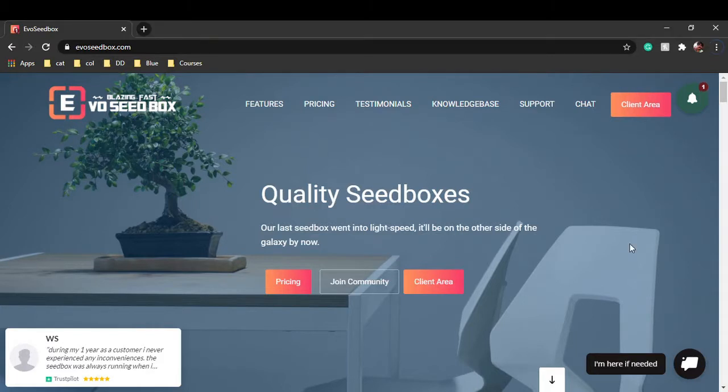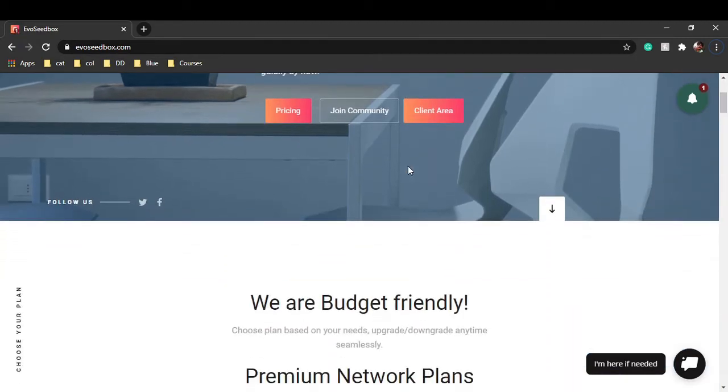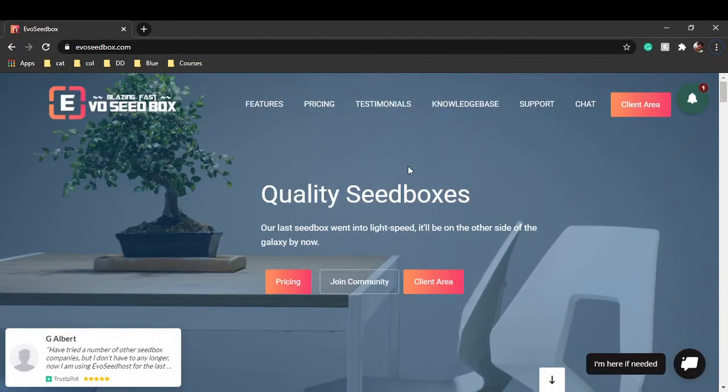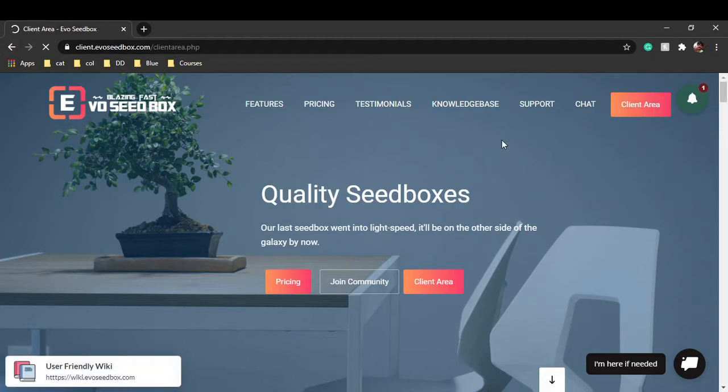Hello guys, in this tutorial I'm going to show you how to set up your Evo Seedbox and how to interact with your Seedbox using the dashboard given by Evo Seedbox. Once you purchase your Seedbox from Evo Seedbox, you can go inside your client area and you will see many portals, and I'm going to explain what each portal means and how you can interact with it using your Seedbox. So we'll click on client area and visit our client area,